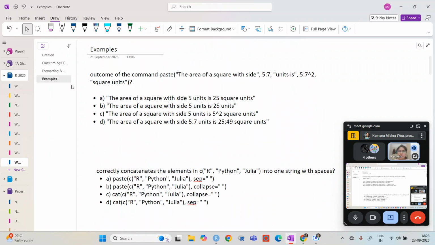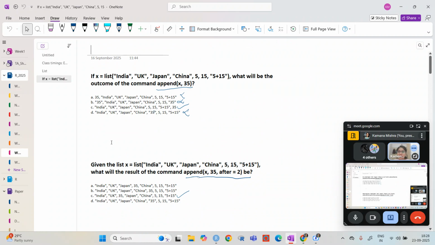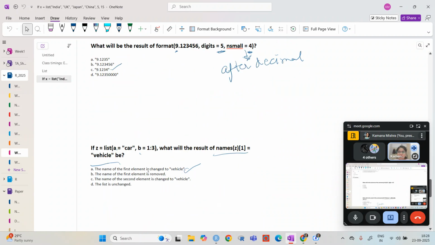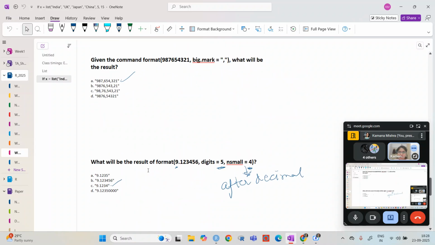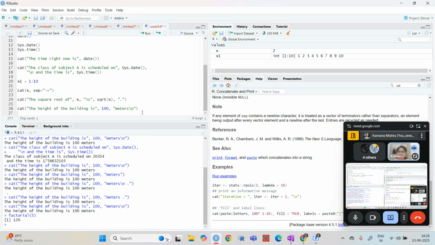So in the last class, we have gone through this format function, that you can format this by these digits. So that we can also use here.